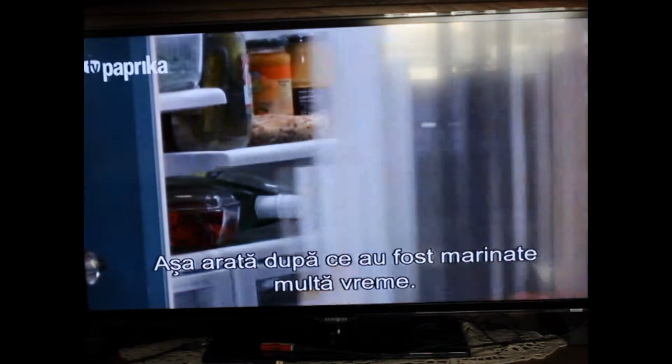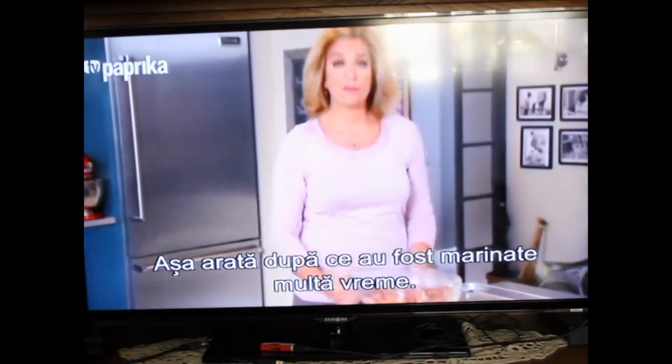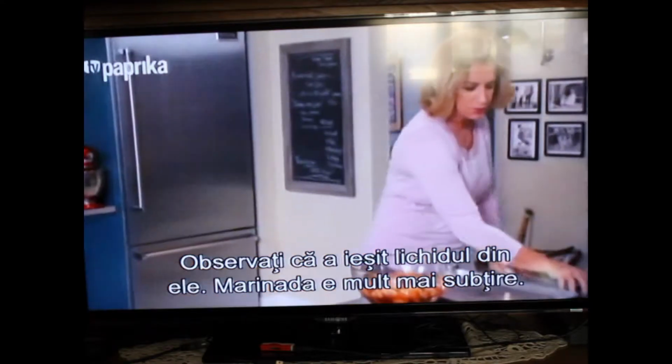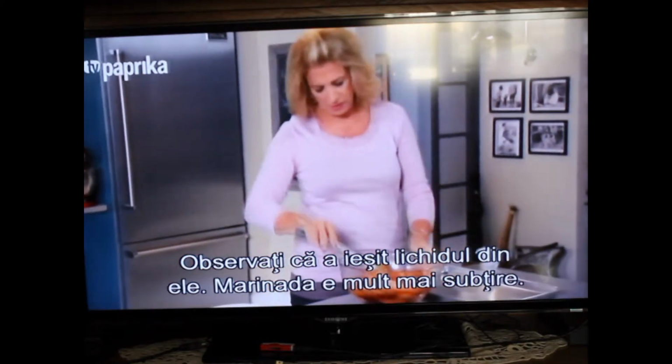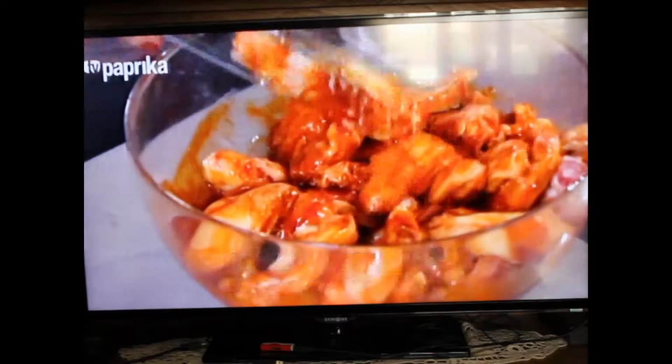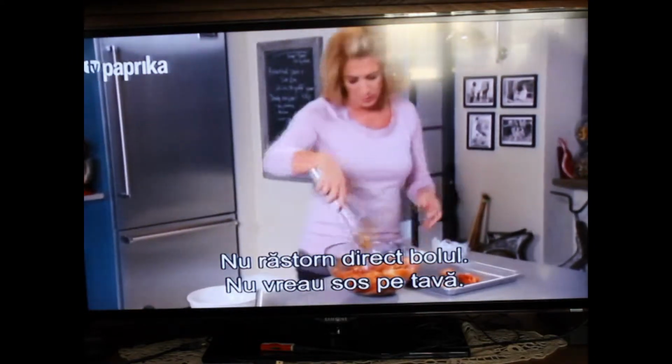And this is what they look like after they've been marinated for a long time. You can see what I mean about the liquid coming out. It's really gotten thinner. A lot thinner. Not so much as getting it completely juicy. I'm not going to just dump this out because I don't know what